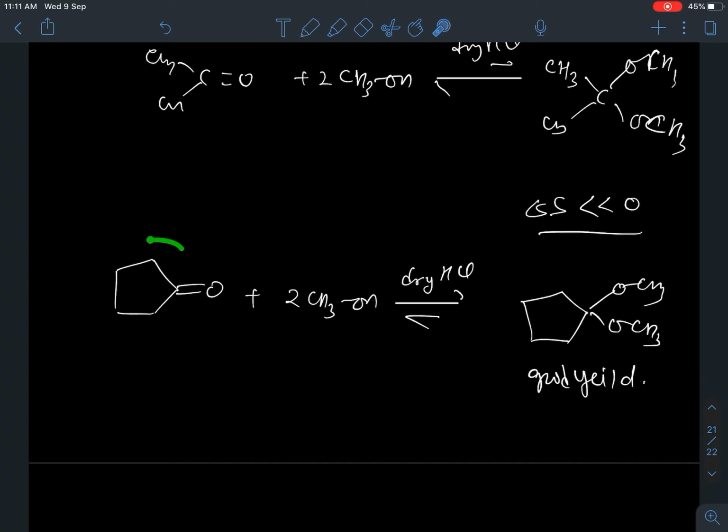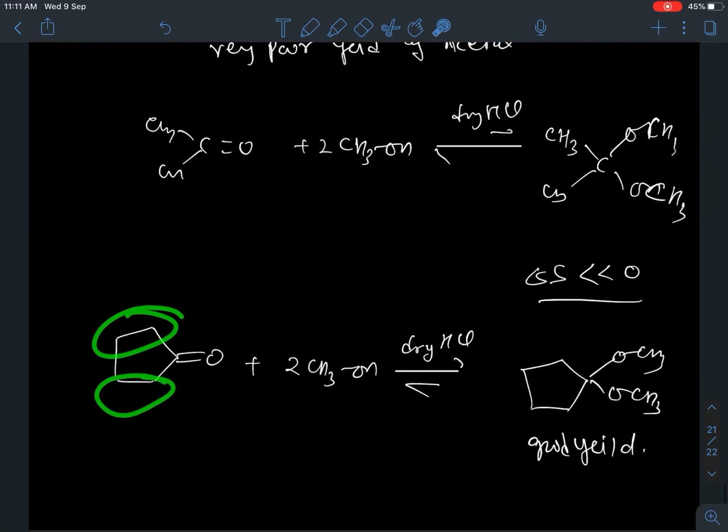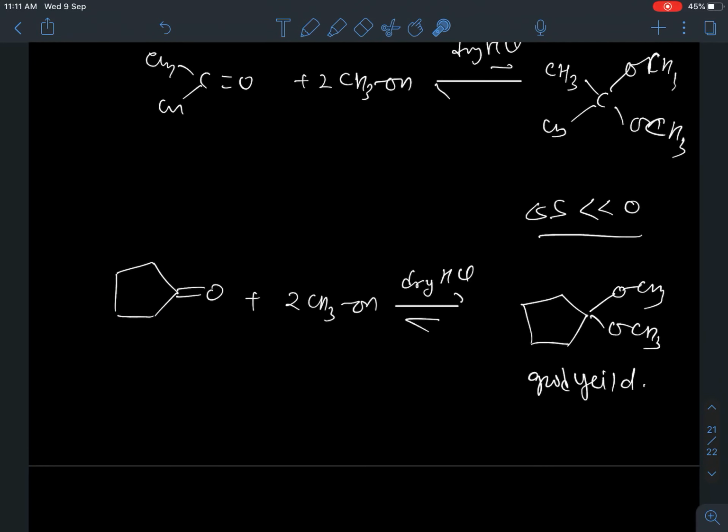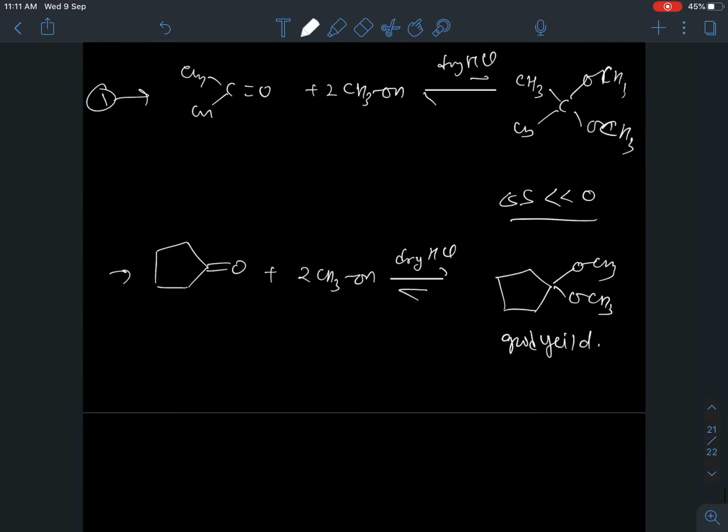Why? Because the steric hindrance is quite minimized in the cyclic compound, and with cyclopentane group, angular strain will also be one of the very important factor. Now, if I want to make acetal of this acetone, how to make it? One way of doing that is